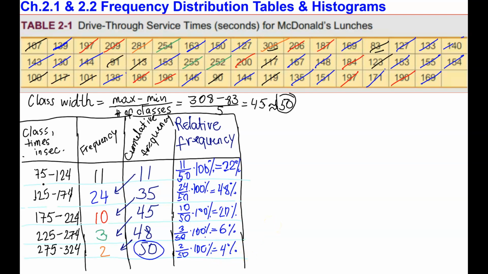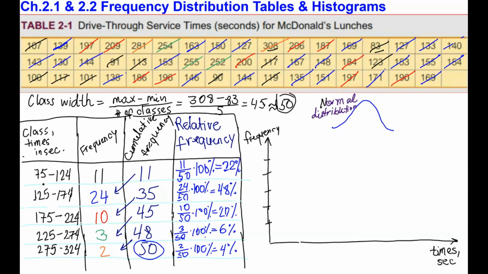Earlier, we noted that a frequency distribution can help us understand the distribution of a data set, which is the nature or shape of the spread of the data over the range of values. In statistics, we're often interested in determining whether the data have a normal distribution or a bell-shaped distribution. Normal distribution is when the frequencies start low, then increase to 1 or 2 high frequencies, and then decrease to a low frequency. We will now construct a histogram to help us better see the shape of the distribution of this dataset.